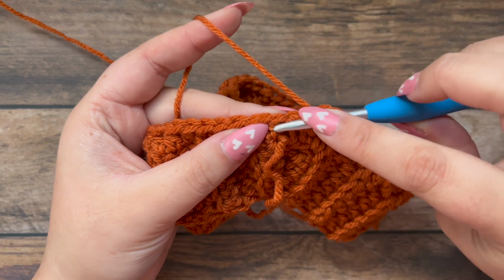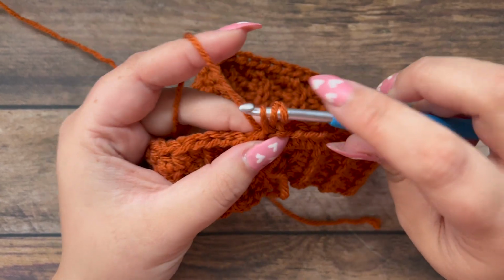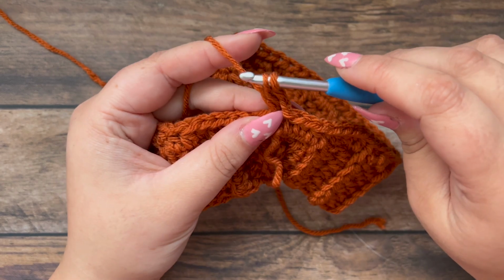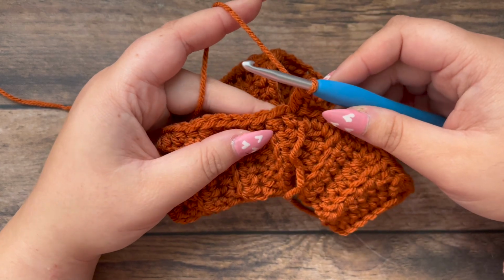So yarn over your hook, insert into that very first stitch, grab your yarn from the back, pull through the stitch. You'll have 3 loops on your hook. You're going to yarn over, pull through the first 2, yarn over, pull through the last 2, and that's your double crochet. We're going to make a front post treble crochet, and to do that, you're going to yarn over